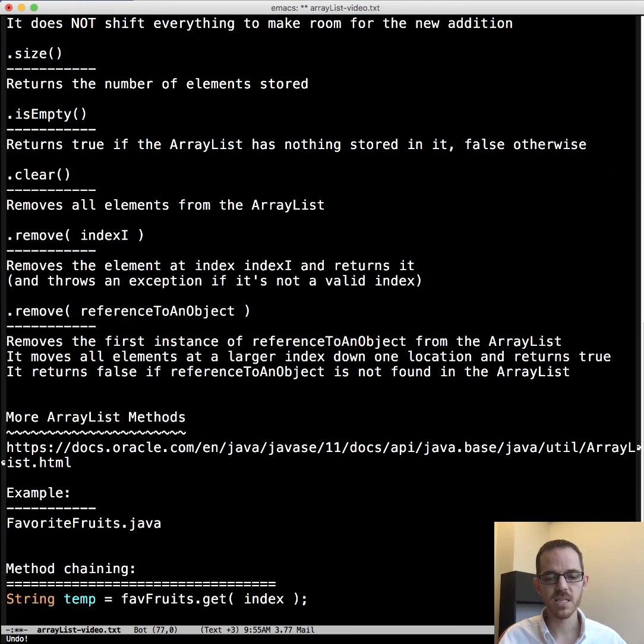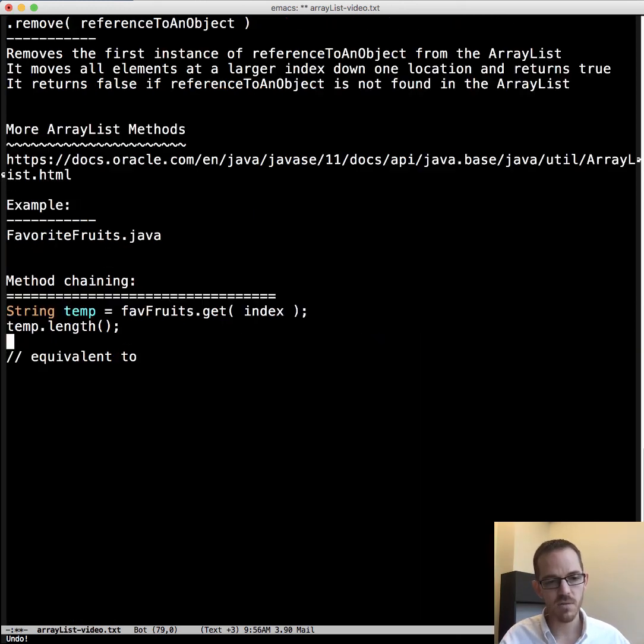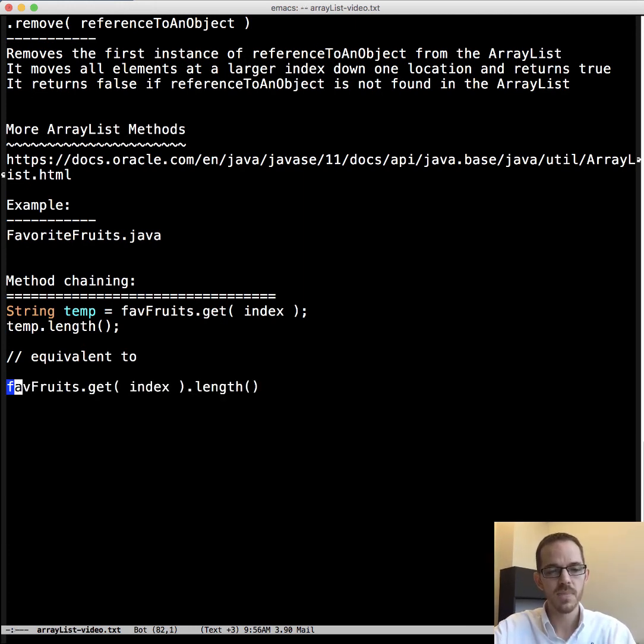All right, to finish up, let's talk about method chaining. So method chaining is common when we're doing calls and we're getting an object like I just showed. And so if we had favFruits.get(index), then we could have used the length of that index. We could have displayed it or done something with it, or checked if this was the longest fruit. But alternatively, what we could do is we could chain the request. Notice here that this returns a string, and then length is a valid call on the string. And so we call that method chaining. You'll see that very commonly.